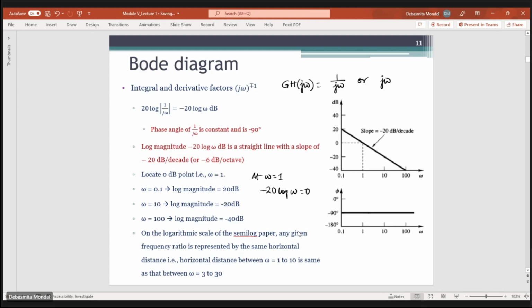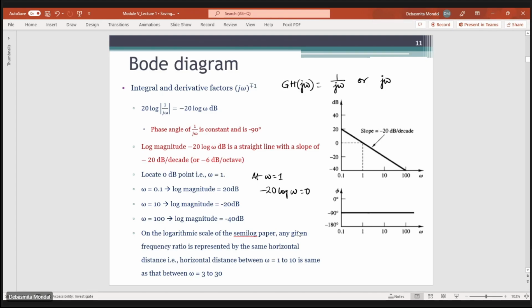Simply now if you see the value at omega equals 0.1, then the log magnitude is equal to 20 dB. At omega equals 10, the magnitude is minus 20 dB. At omega equals 100, the log magnitude is minus 40 dB. So you see that for every decade of increase, from 0.1 to 1, from 1 to 10, from 10 to 100,